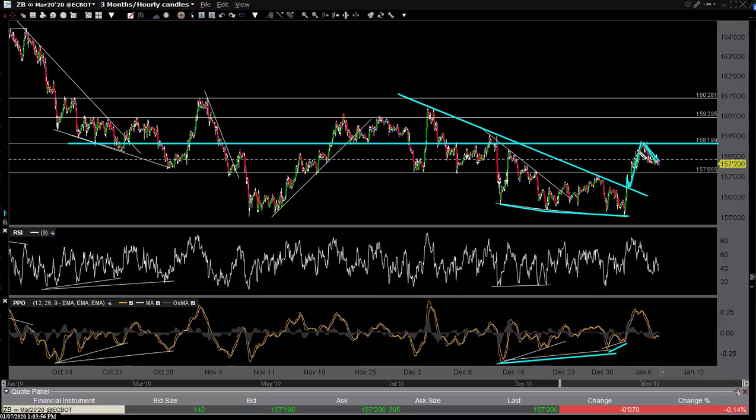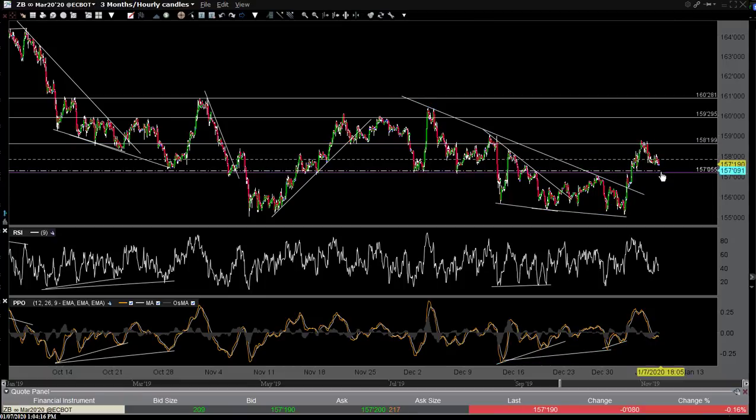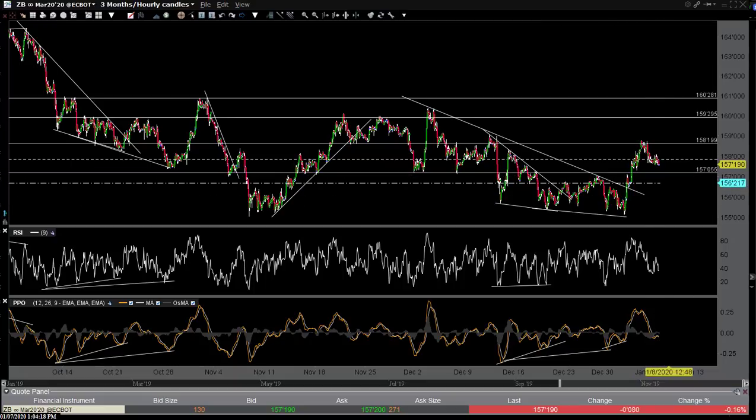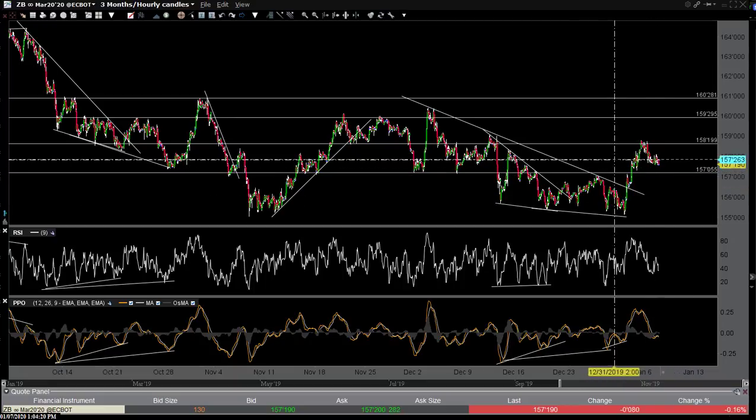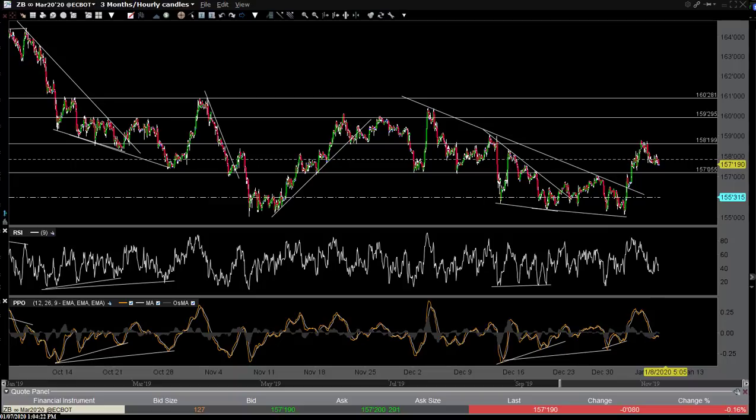Now it's a little long for a bull flag, but it has the same net effect. We may be flagging if we can break out soon. You want to see an impulsive break to the upside of that flaggish looking pattern, and then of course you need to break above the 159.200 level right there, and that would open the door for another leg up. So watch this one. I recommend to keep an eye on this if you're trading TLT. Again, you want to look at the futures because that's really what a lot of traders are following.